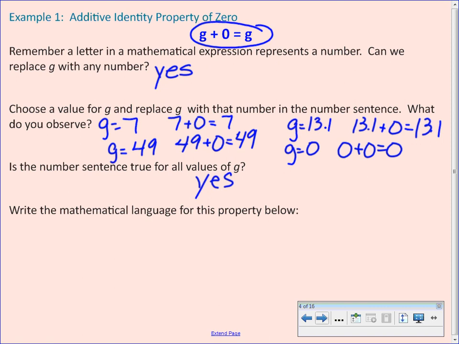How do I end up with the number that I started with? Right, what did I do to each one to get my identity back and get the same number back? What did we do every single time? Give me a better word than nothing. We added 0. Okay, we added 0. So we were able to notice